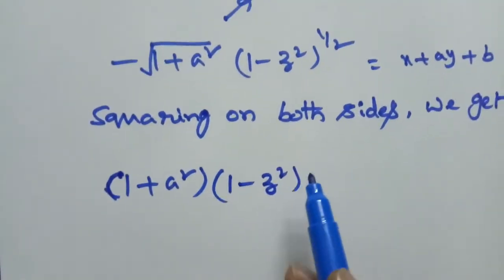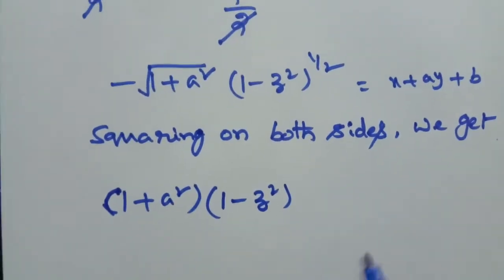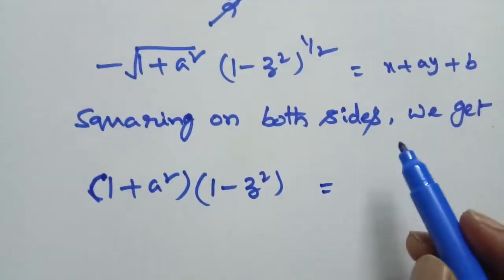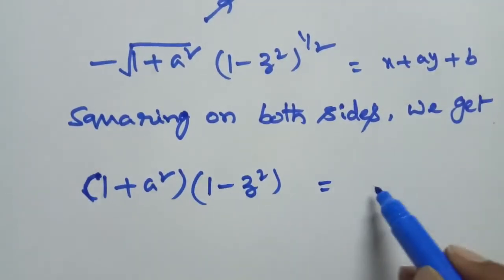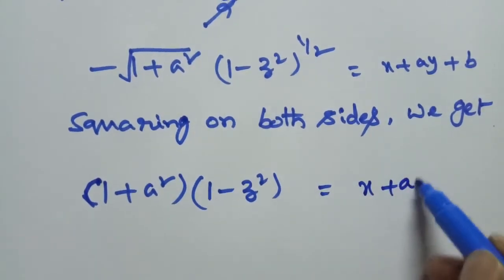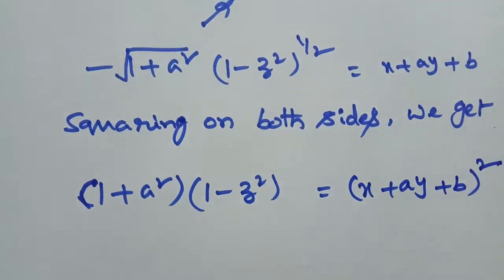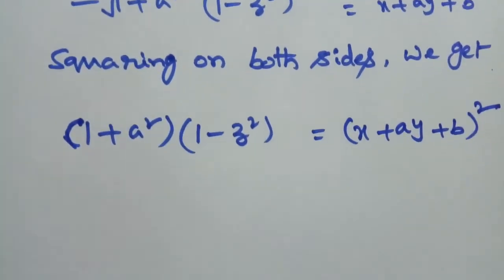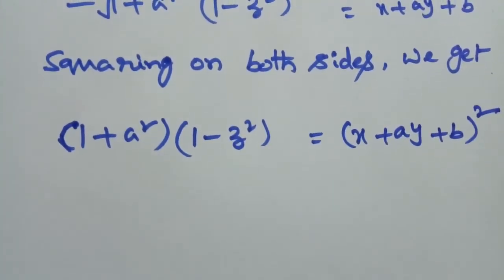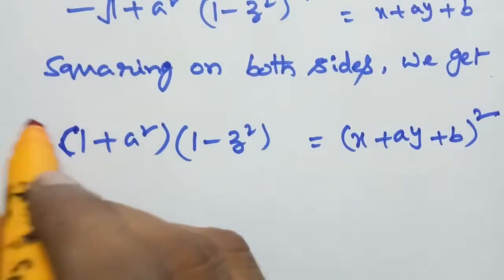The square root cancels with 1 by 2 whole square, the 2 cancels, equal to x plus ay plus b whole square, which is our required solution for the given